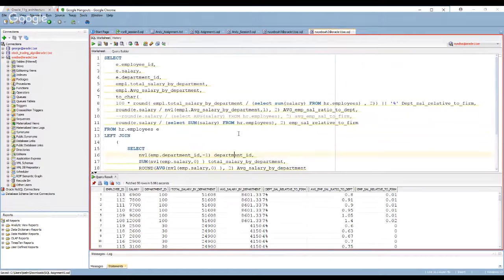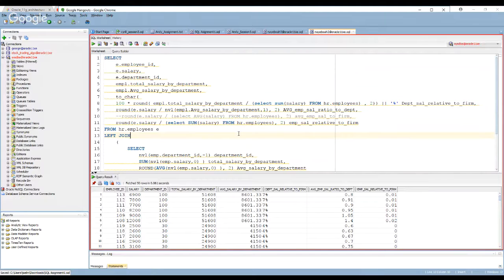The question specifically said, and that's why I was giving this analogy, that if somebody's making $10,000 a year in a company and they are working in a division, you're interested in what the average salary in that division is, and how much your salary is relative to others in the same division.